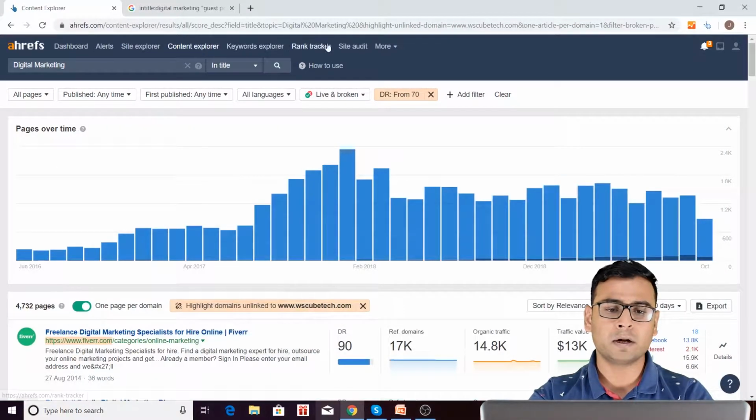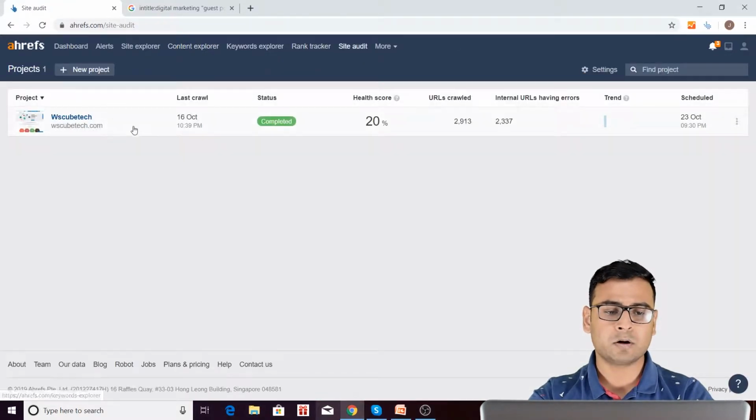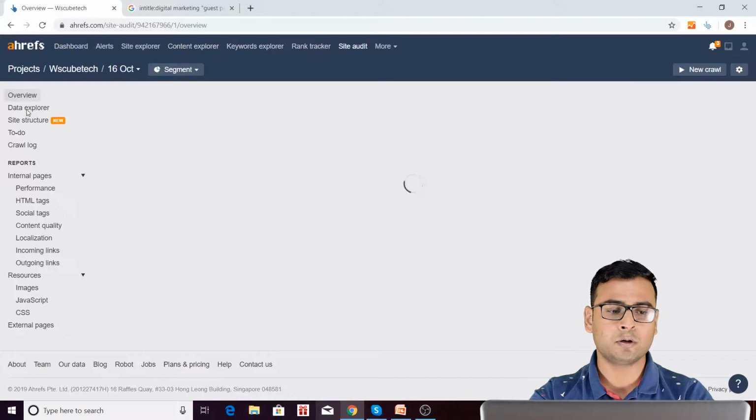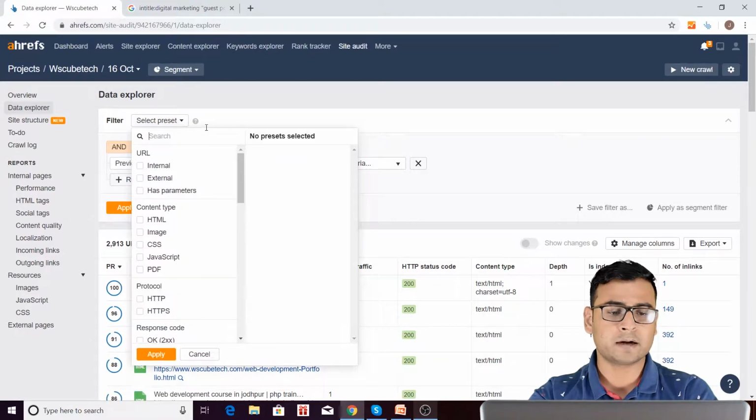You have to move to Data Explorer for that. Let me click on Site Audit, and from Site Audit I'll select my project, and I'll go into Data Explorer. So you see there is a lot of data in Data Explorer, but you have to find the relevant data. To get the relevant data, you definitely have to use these preset filters, right? So see,